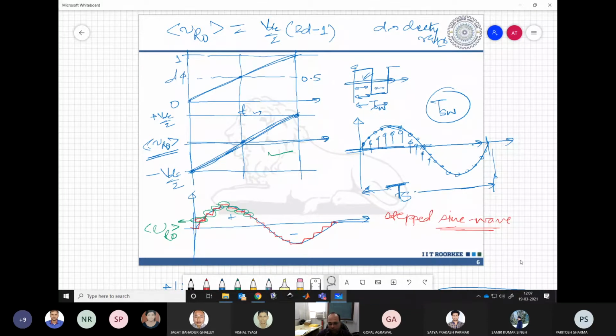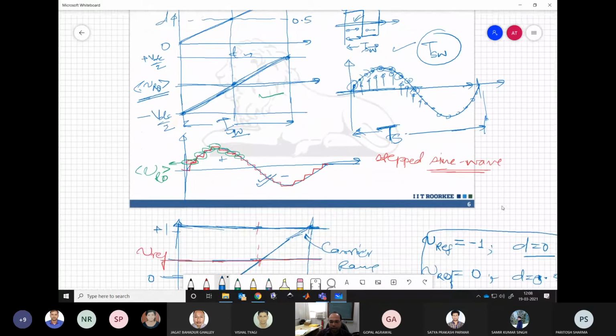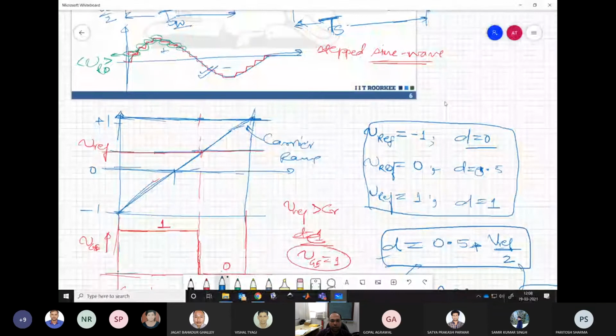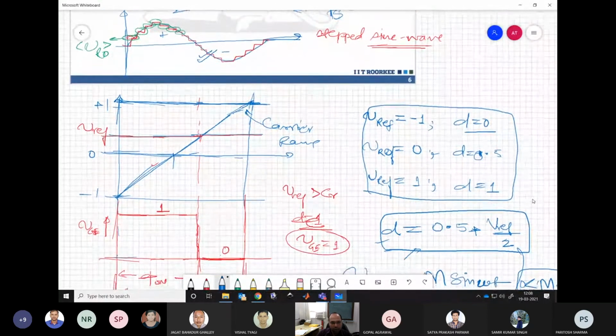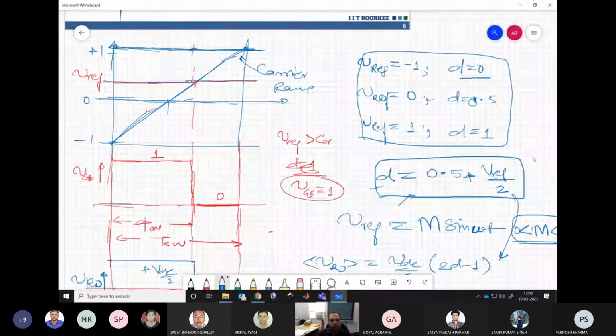So we are now trying to have more fast switching devices in our system, which is why the interval over which we are switching is reducing. The TSW is a few microseconds or so. So we have devices which can switch much faster, and that is how we try to realize the different voltage levels in a sine wave. That is how we can realize any sinusoidal voltage waveform in a stepped manner. It would be a stepped sine wave, but on average it will be close to what we are intending to generate.